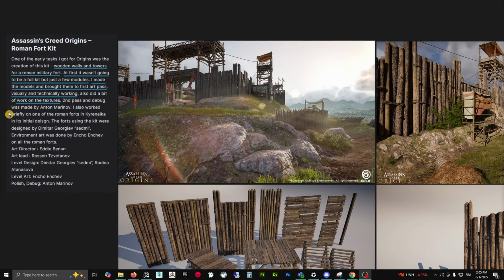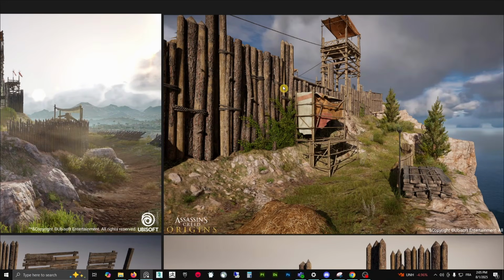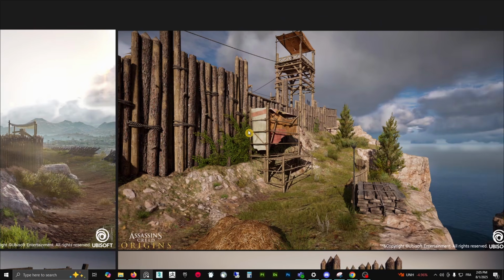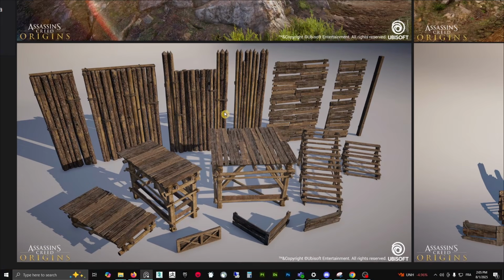Also worked briefly on one of the Roman forts in Kyrenaika and in its initial design. Forts using the kit were designed by Dimitar Georgiev. Environment art was done by another artist, Enko Enchev, on all the Roman forts. So we can see, and if you play the game, you have been through these camps. And of course, they also have been the staples of the new formula. They are there in Odyssey,